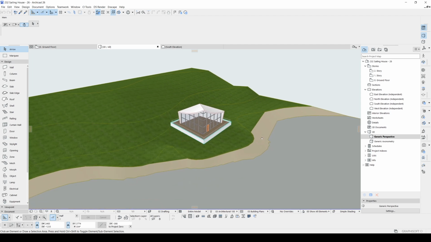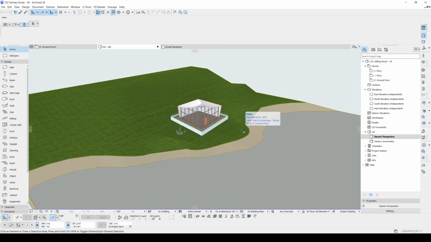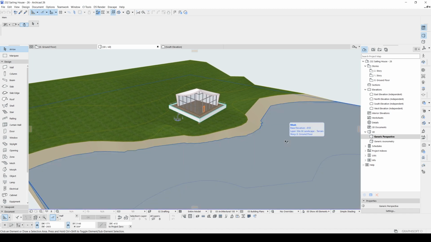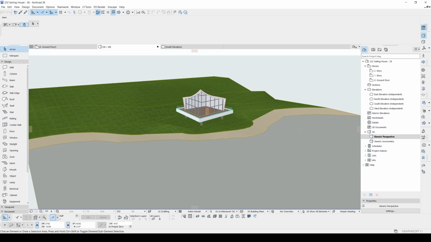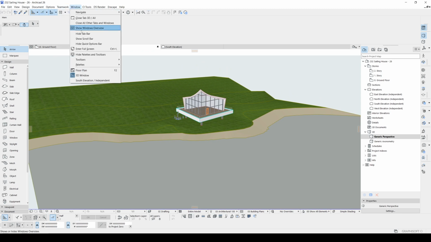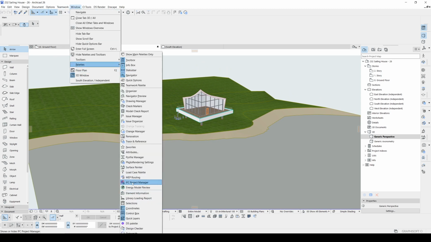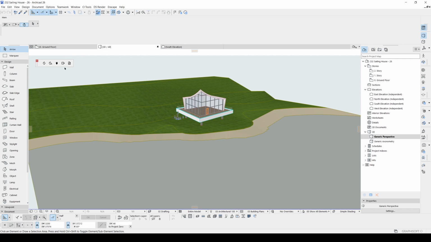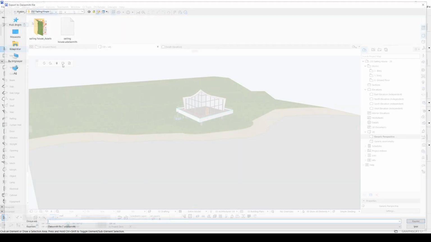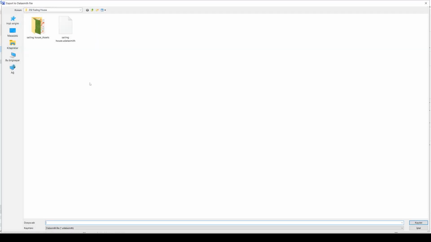Alright, here we are in ArchiCAD and you can see the model. I have created a tutorial for this building, but normally I will publish that video, but I've changed my mind and decided to record a Lumen, ArchiCAD and Twinmotion tutorial. Now I'm going to export this file to Twinmotion. Let's go to Window, Files and Data Summit, and I'm going to click this export and save to the folder.